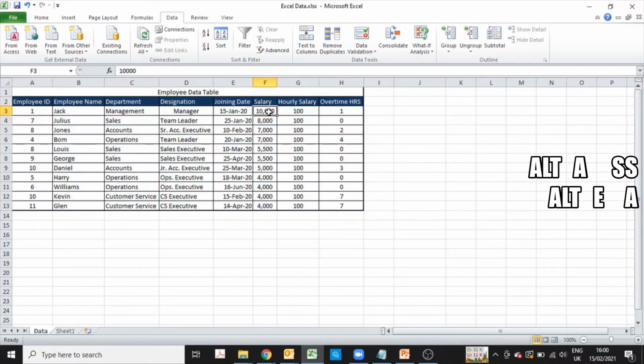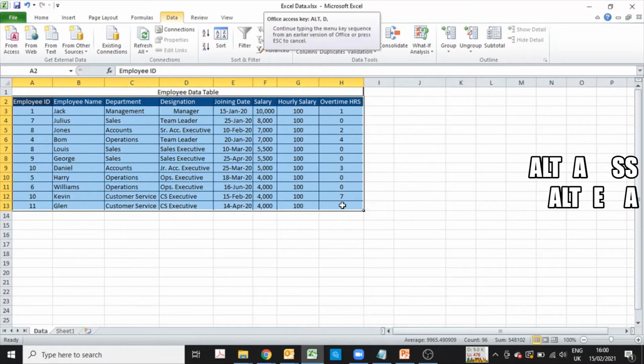So see, after Jack it's Julius, whose employee ID was 7. So he came on top because I sorted this data. Say for example, I want to sort data based on the departments. So again, I will select the whole table. I will,